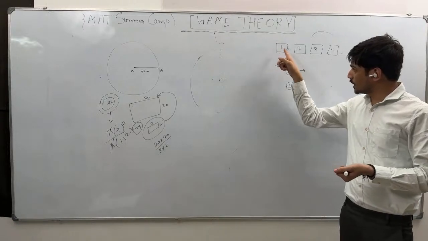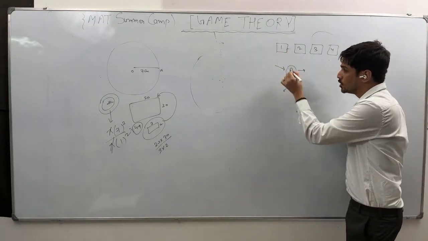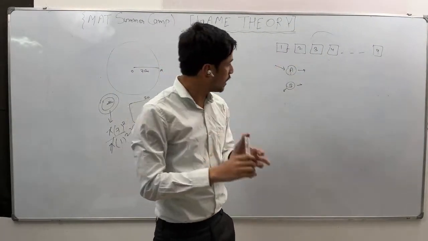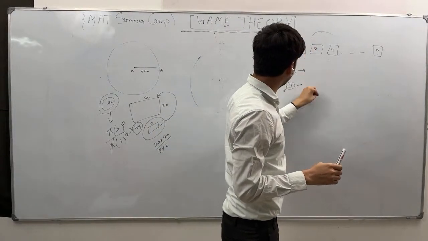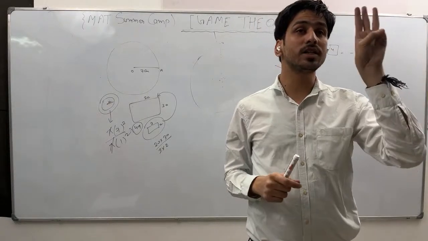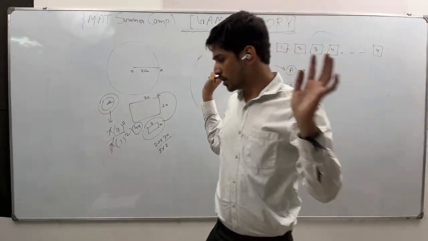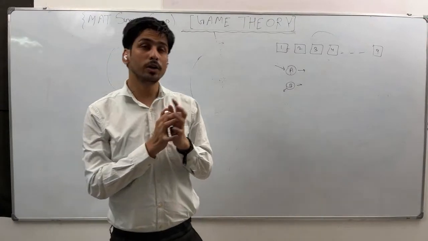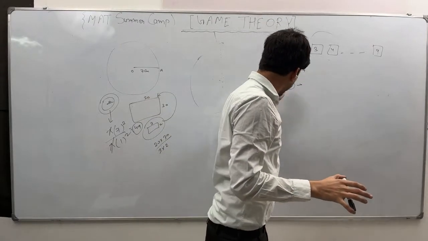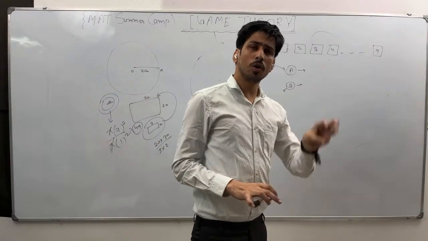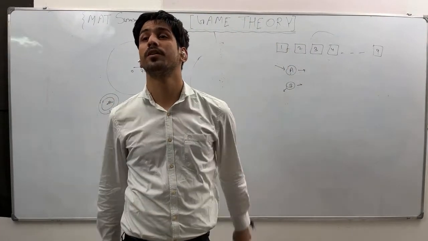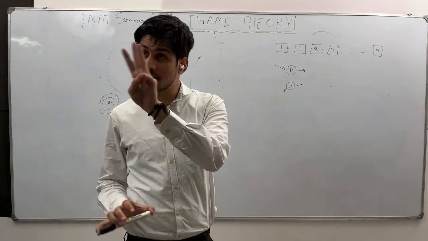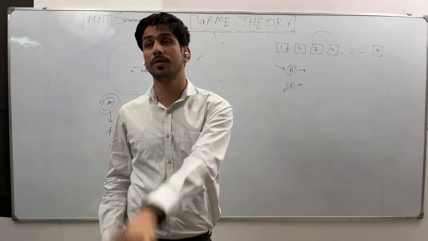Now the question is, first A will start. Let's say this is you and this is me. Your task is to win the game, and my task is to stop you from winning. The game is: you take a card, then B takes. Whichever player gets 3 cards such that the sum of the 3 cards is 15 will win. So now what will you do? How can A win, or can B stop? We need 3 cards such that the sum is 15.